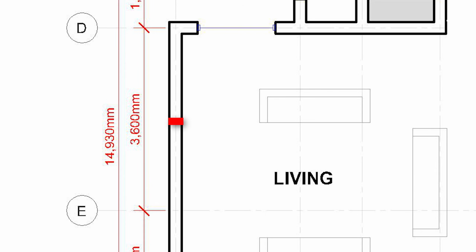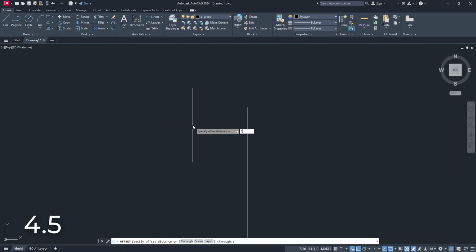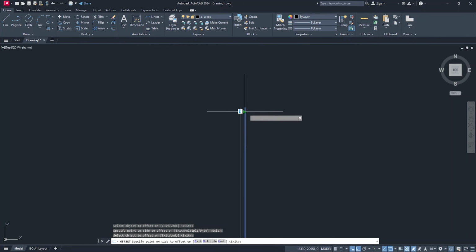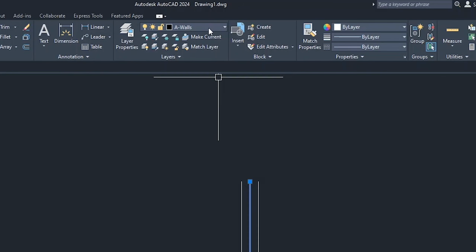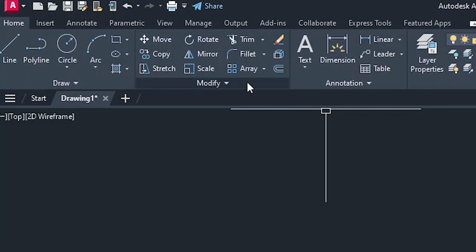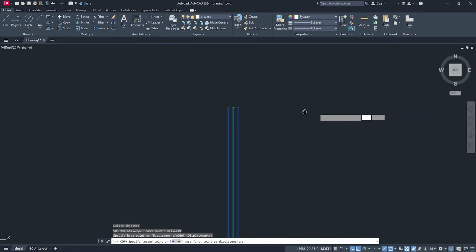For wall thickness, select the offset tool. Type 115, enter. Select our wall line, point left, click. Repeat for the right side, enter. Select the middle line and take it to the reference layer. To make the remaining 6 walls, select copy, select the 3 lines, enter, snap to the top end, point right,